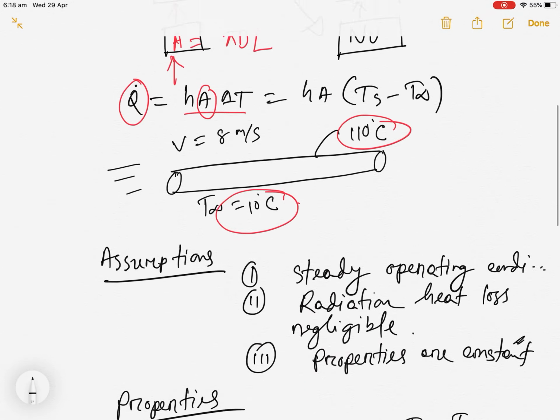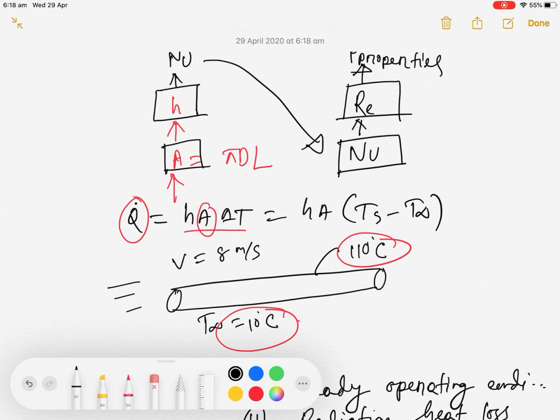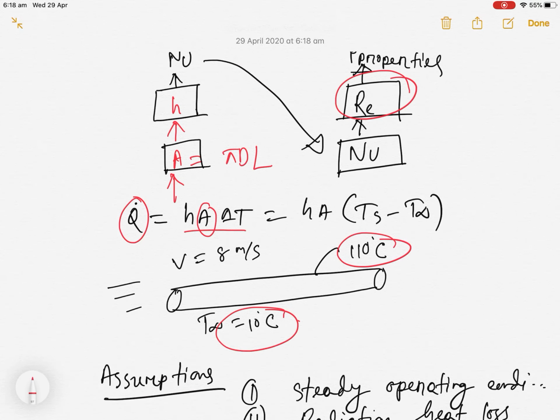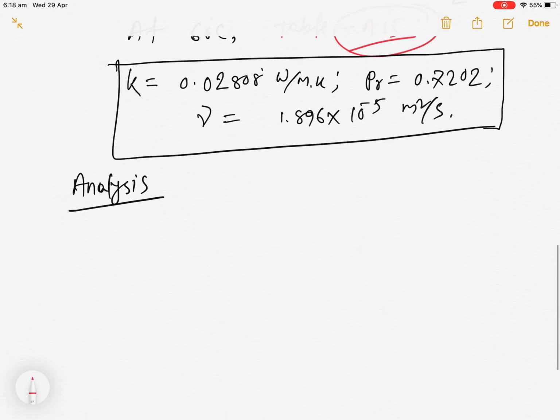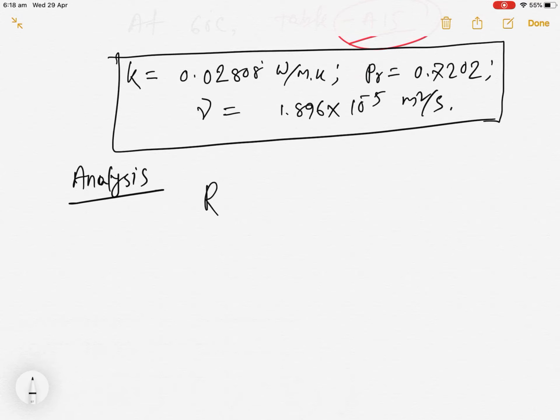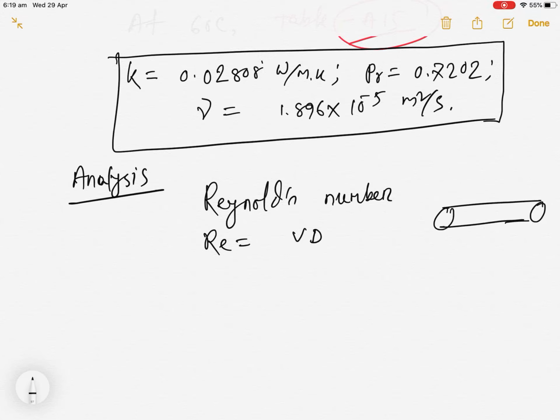So if you can remember, guys, when we start with the analysis, the first thing we need to do is calculate the Reynolds number. So then let's calculate the Reynolds number. Here, we know the formula. We use the velocity every time. Here this is the pipe, so we know the diameter, so we will use the diameter and the kinematic viscosity. So the velocity is 8 meter per second